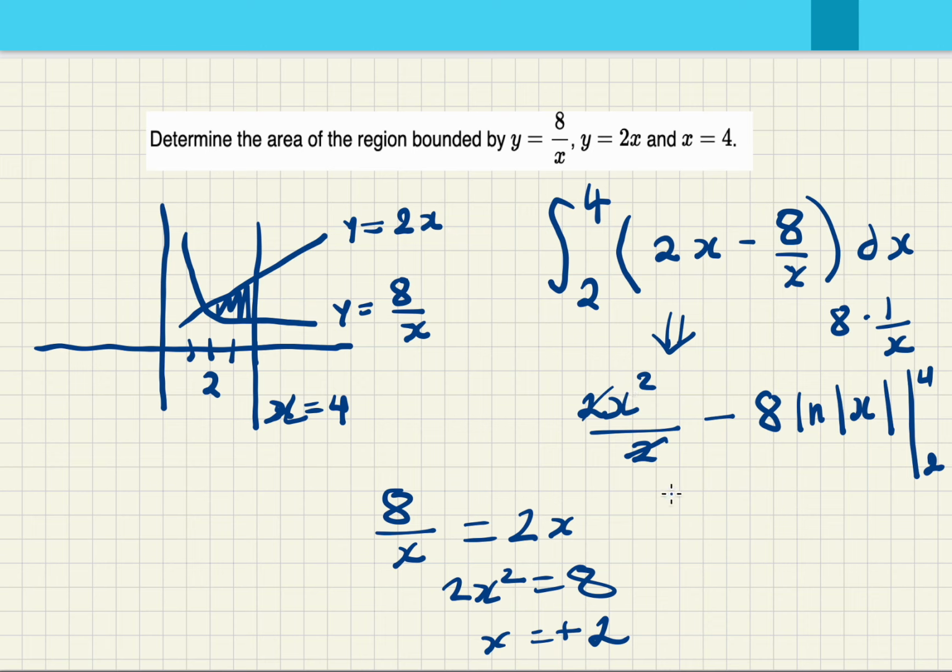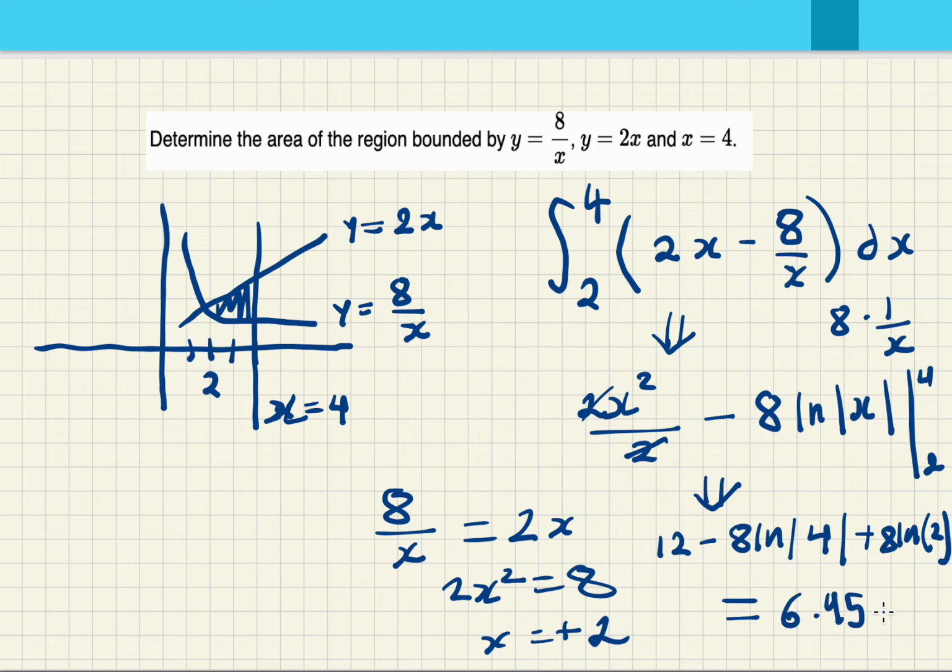So now all we need to do is plug in our values, and after plugging this in, we should get 12 minus 8 natural log of 4 plus 8 natural log of 2, and we can add these and subtract these. We can simplify this equation to get